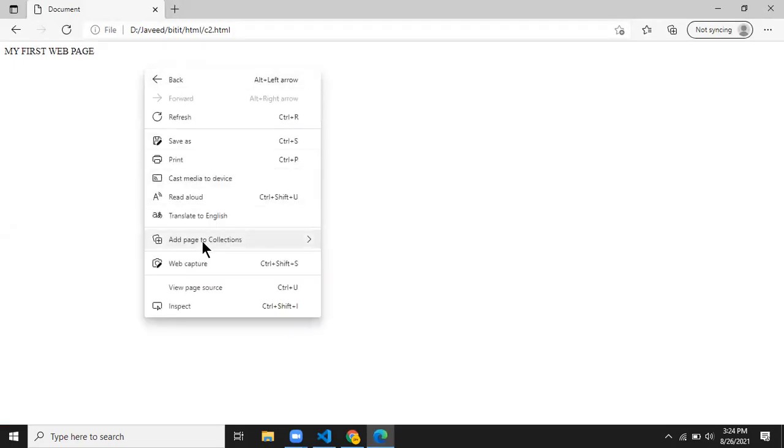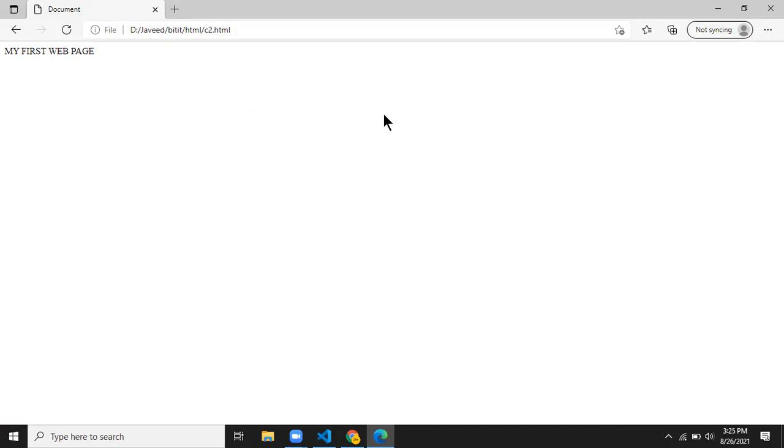How am I doing it? I right-click on the page and select the option called refresh. Here we have the option called refresh. That depends on your system and the kind of browser you use, as the shortcut keys are slightly different. For example, I can make use of Control+R.